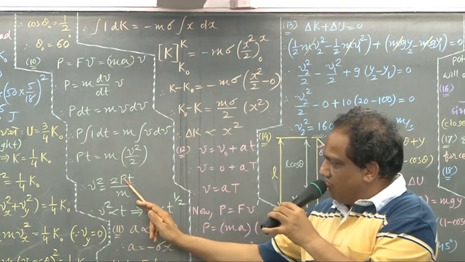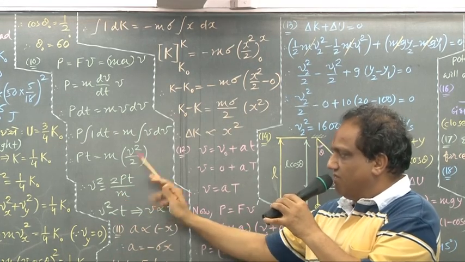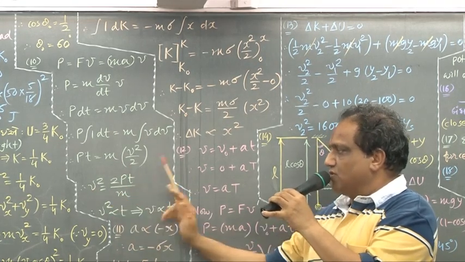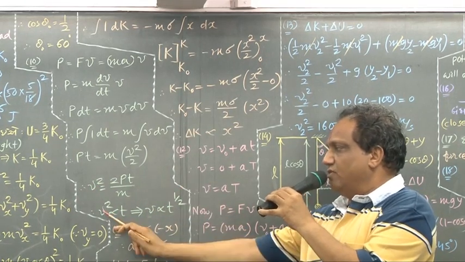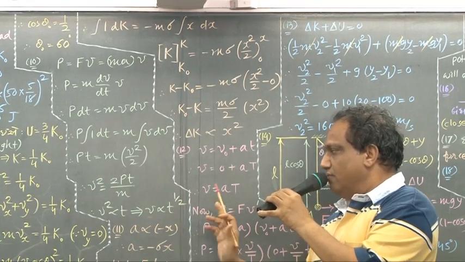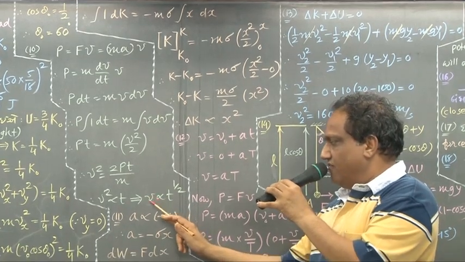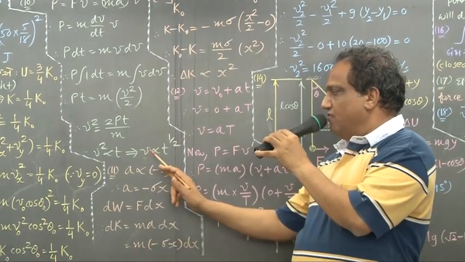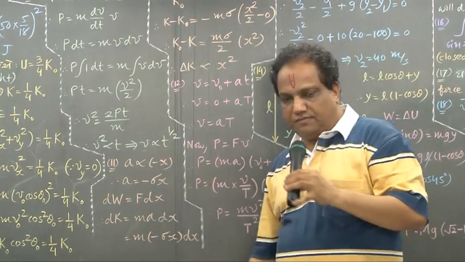And now because power is constant, and for a given body mass is constant, if you remove the constant part, then V square is proportional to t. Take square root on both the sides. So when you take square root here, it is V, and here it is t raised to 1 by 2. We were supposed to find out the relation between V and t. We have found out V is proportional to t raised to 1 by 2. Next.